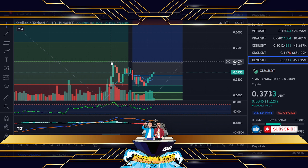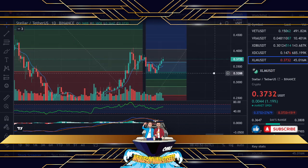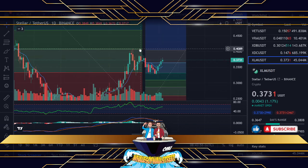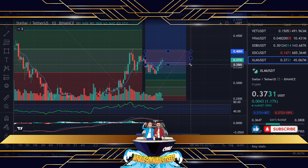And I put the long-term fib here and also the short-term one just from most recently, the last week or so, just to give you an idea that it's very much matching up here to show this area as a key area in general on the chart. So we're just going to put this here. In fact, what I'll do, if I just draw this here, this is kind of like the area we need to start stabilizing in for a few days in order for us to push the 40 cents stronger than we